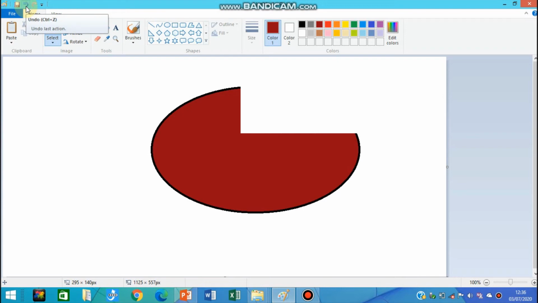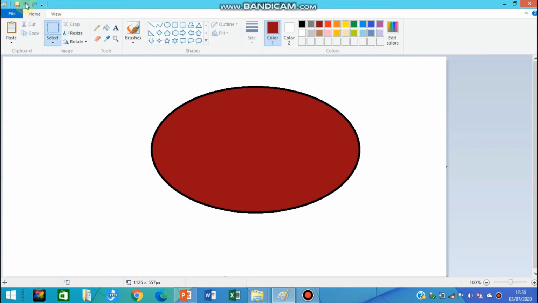If you click on this blue colored arrow that is slightly inverted towards the left, once, you can see that the portion that you have cut is back again. The action that you performed last is reversed. In this way you can use the undo command to reverse the last action. Now you have to use the repeat command.